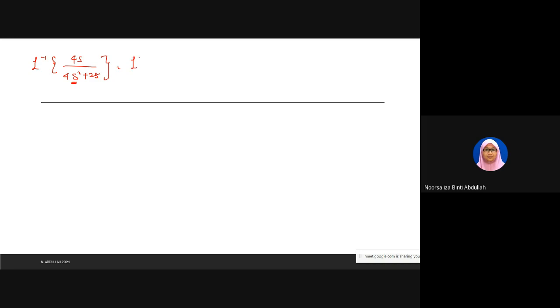So we modify this one. 4s over 4s square plus 25 over 4. Okay. 4 and 4 here you can cancel. Then here you have an inverse s over s square plus 25 over 4 actually equals to